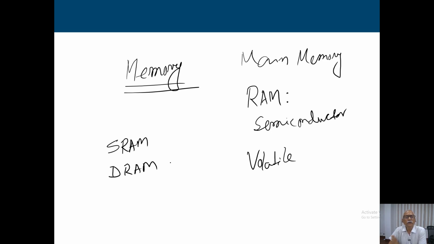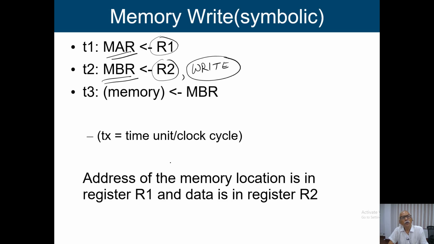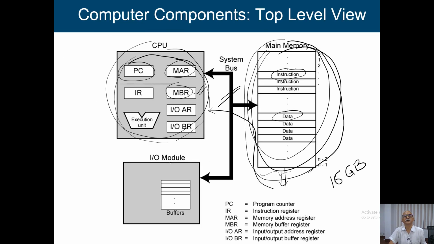Right? So now, if we go back to this particular slide, this is the components of a computer, a very top level view. So basically we are having these three components: CPU, main memory and IO module in our computer. Till now we have seen the basic working principle of the CPU, but we have not seen how we are going to construct the control in it. But we have seen this particular main memory module, and we know how to construct a main memory module, and what are the properties that we have in case of our main memory module.